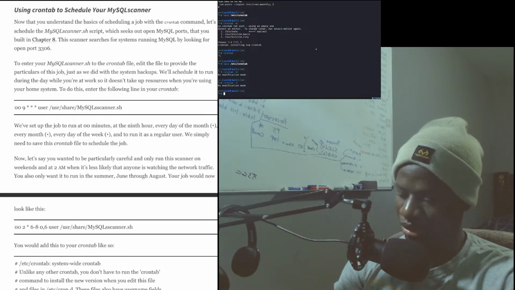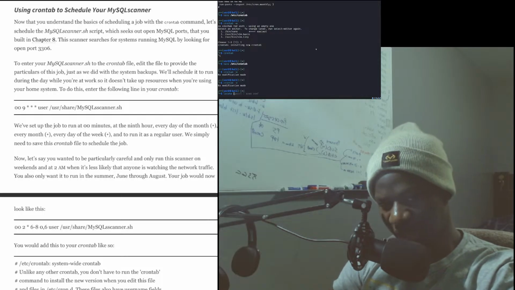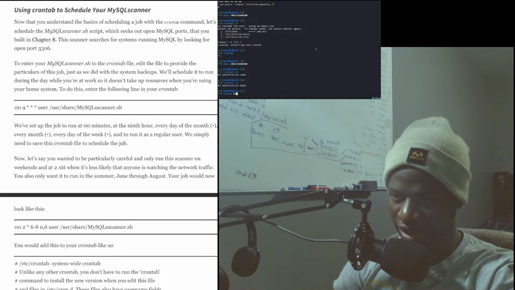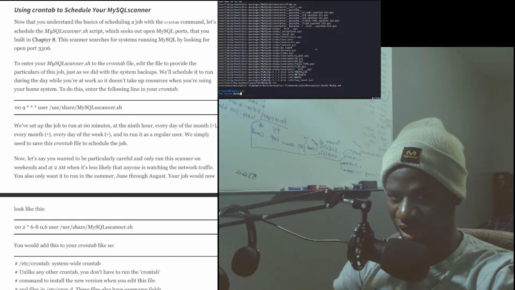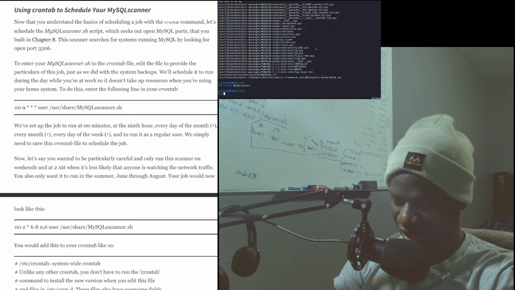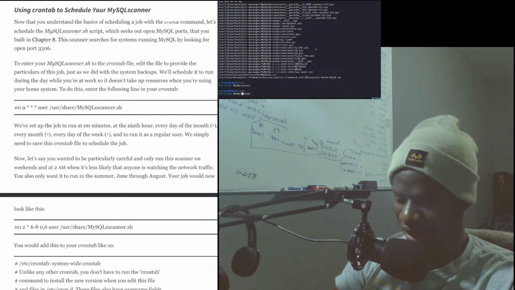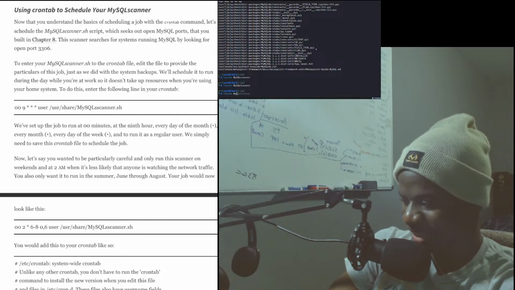Now, I will have to find it. Oh shoot. Okay, so it's MySQL. Hold on, MySQL scanner. Oh no, I forgot how I wrote it. MySQL scanner. Why did I write it like this?